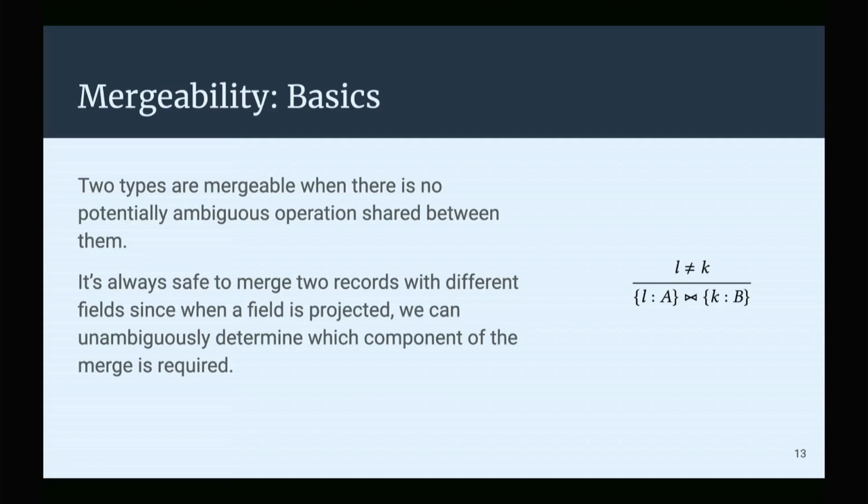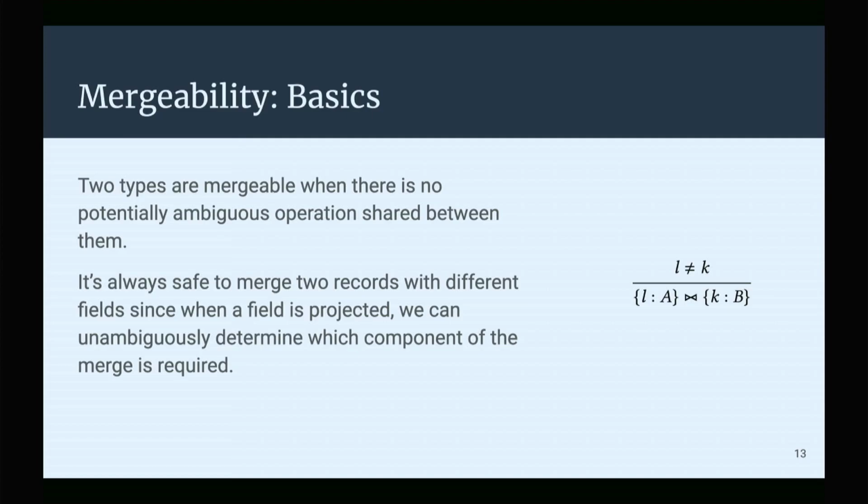But which types should be mergeable? Well, the purpose here is to only allow types to be mergeable so long as we know that we can use them in an unambiguous way. That means that for any operation that is performed upon this merged value, we need to know which of the components of the merge are going to be operated on. So the merge is unambiguous when there's sort of no shared operation between all of the components of the merge